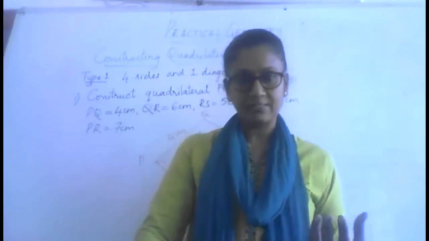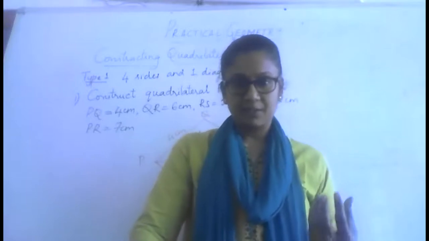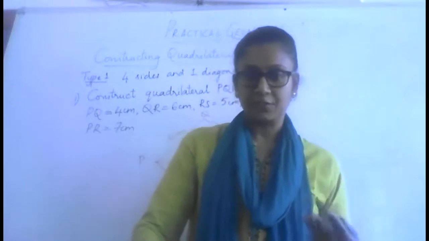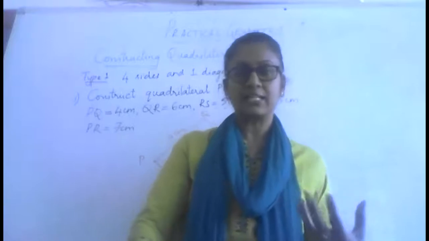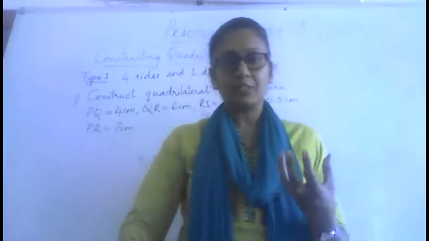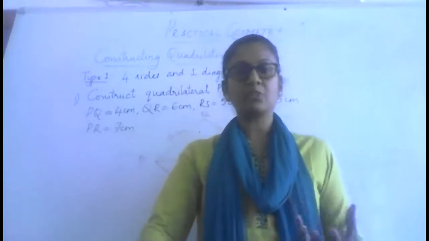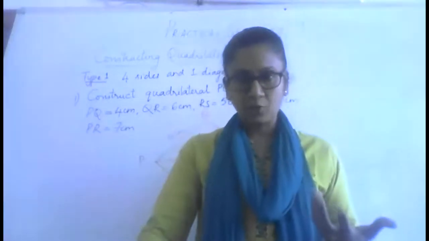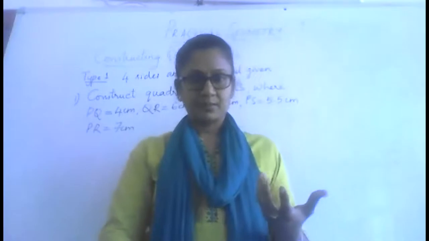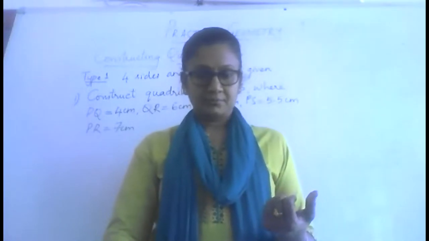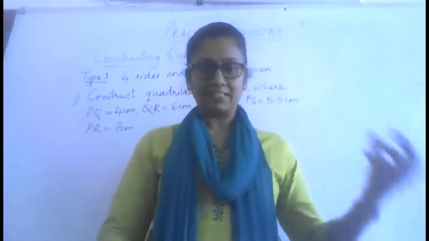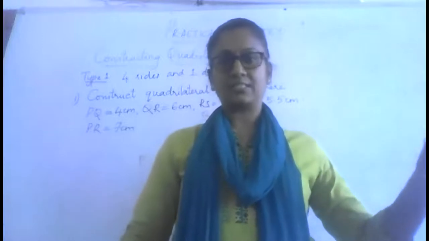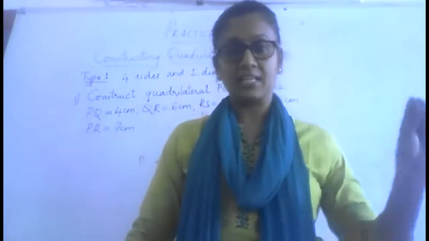Do you remember that? SSS. Yeah. If you're given 3 sides of a triangle, even before you start constructing the triangle, you should confirm whether you will be able to construct a triangle with the 3 given sides. Can you recall what was that? SSS criteria. No. That is when 3 sides are given, you know how to construct it. I am asking about the triangle inequality.